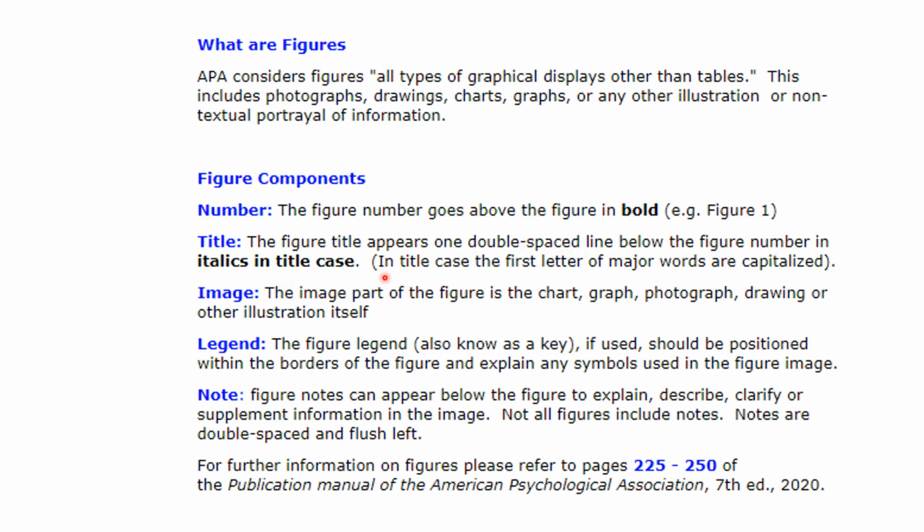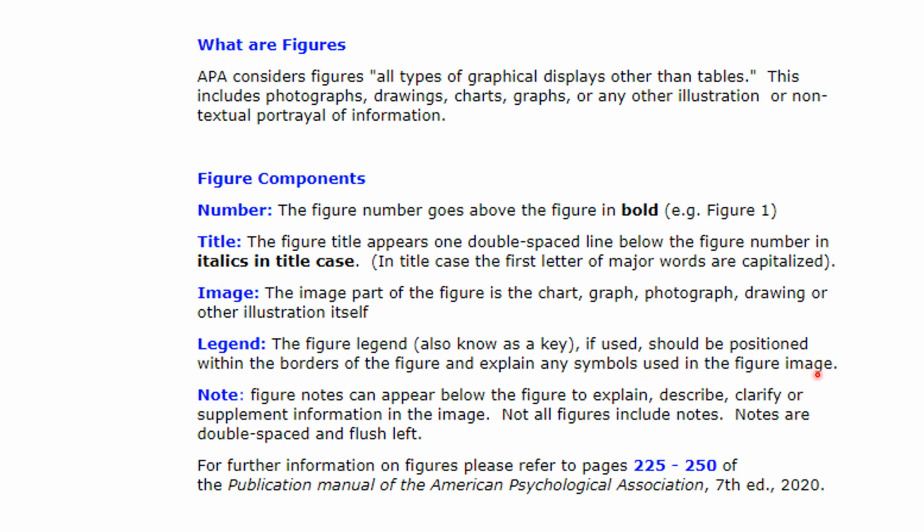in title case. In title case, the first letter of major words are capitalized. The same with table titles. Image. The image part of the figure is the chart, graph, photograph, drawing, or other illustration itself. Legend. The figure legend, also known as a key, if used, if there is supposed to be a list or a legend beside the image, it should be positioned within the borders of the figure and explain any symbols used